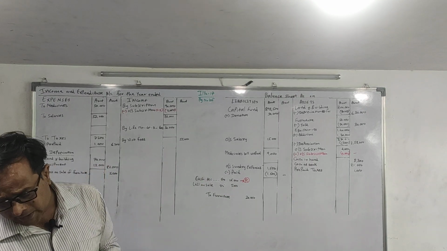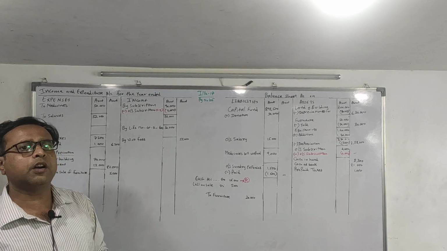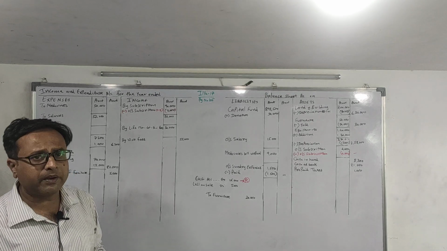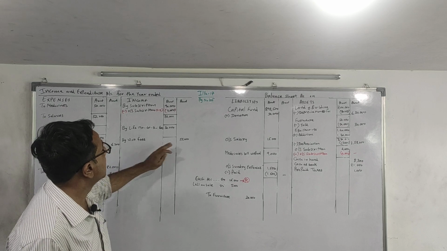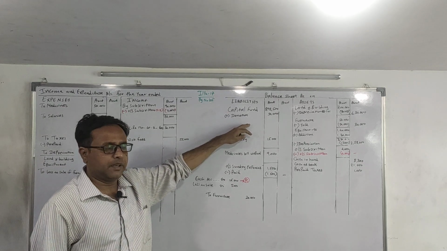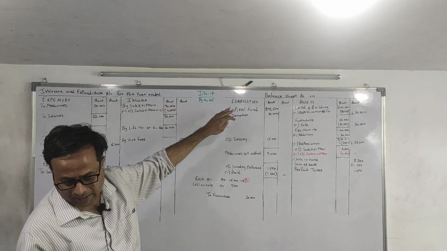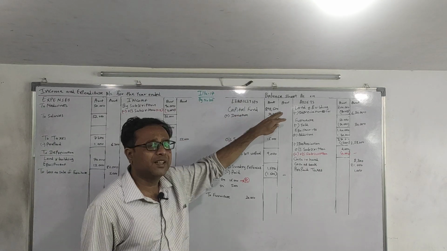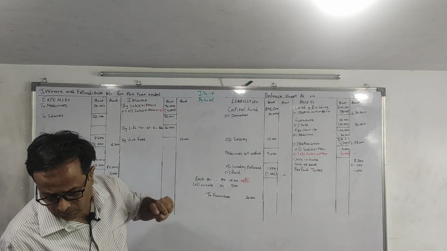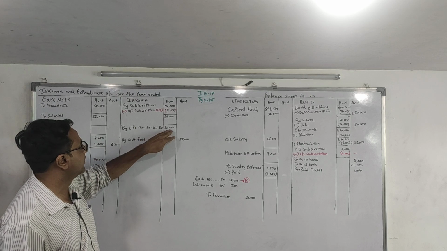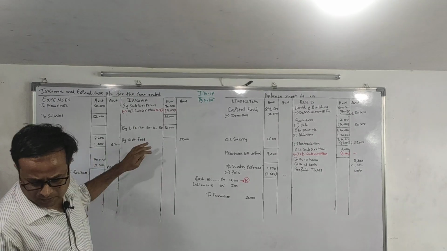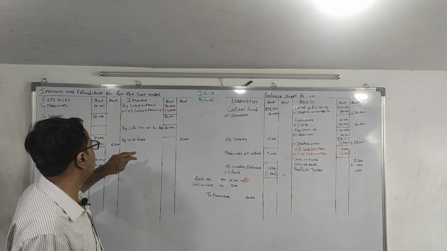Donation. In brackets they have specifically mentioned it is of capital nature. So a receipt has two options: either it will be income or it will be my liability. So I am writing, as given in the question, capital. So we will directly add it to the capital fund. Like membership fees income, we will write it down over here. Adjustment is there, so we will write in the inner column.